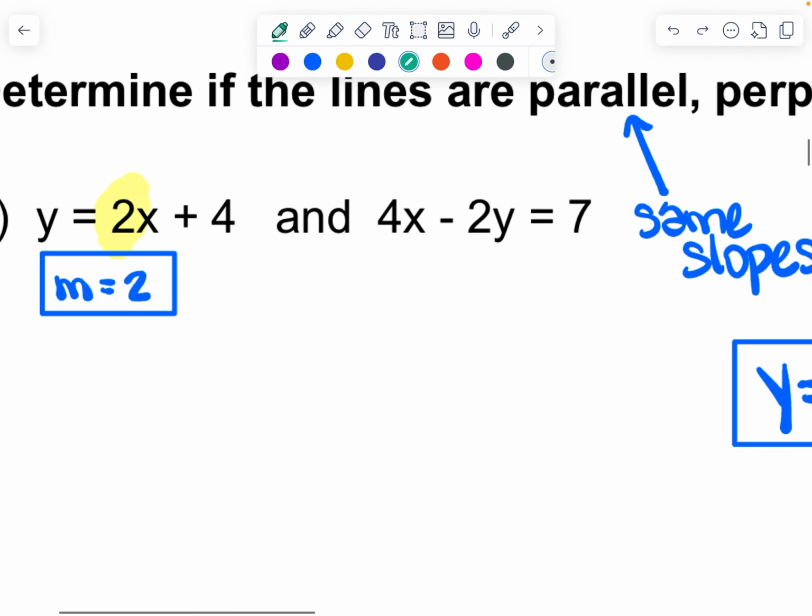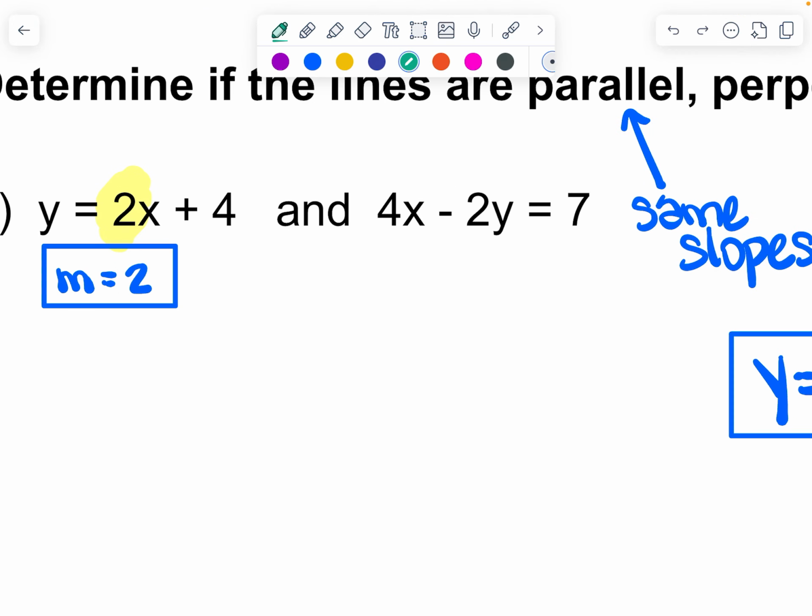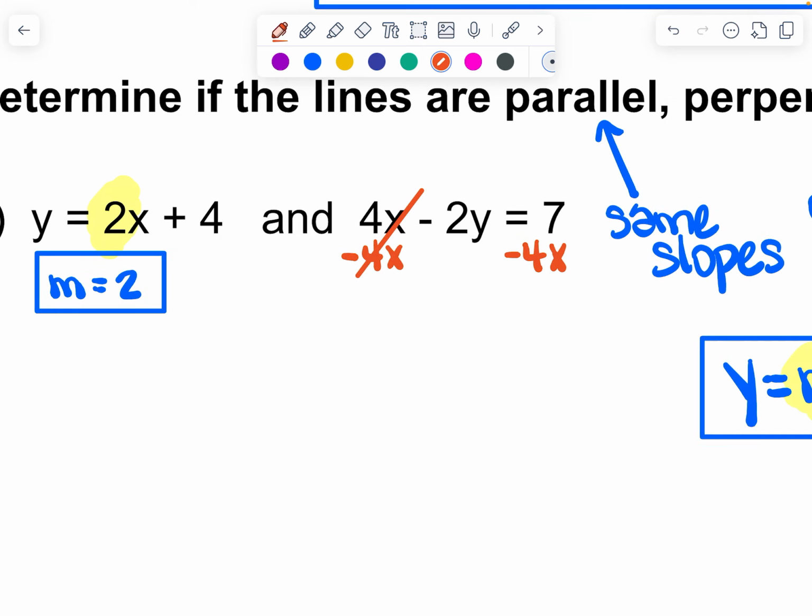To go from standard to slope intercept, it's the same 2 steps, but not those 2 steps. So we're going to subtract the 4x. Your first step is to always move the entire x term to the other side. If he's positive, then you subtract him over. If he's negative, then you add him to the other side. Okay? So that's going to give me, I'm going to bring down what I have left, my negative 2y equals,